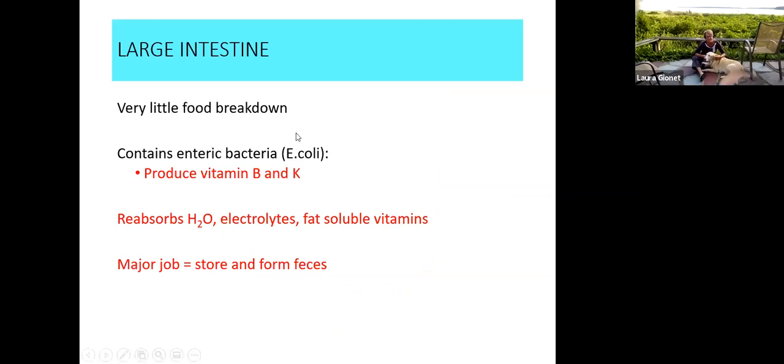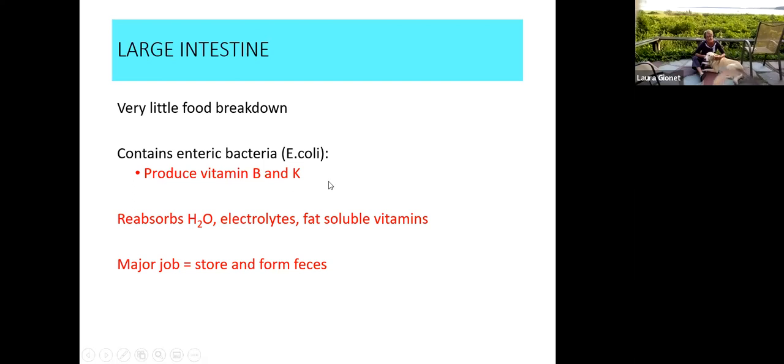So the large intestine does very little breakdown of food. It is enzymatically broken down and 99% absorbed, if not more, in the small intestine. That's where we absorb most water. By the time we get to the large intestine, we're producing and absorbing some